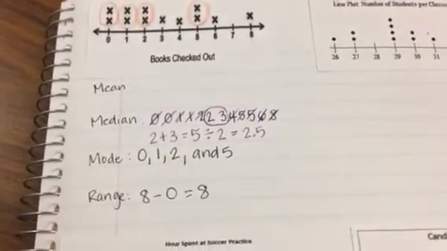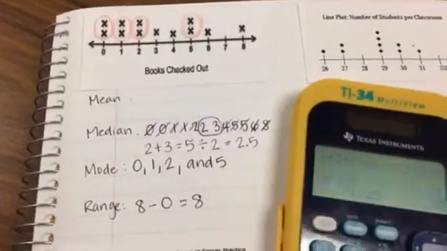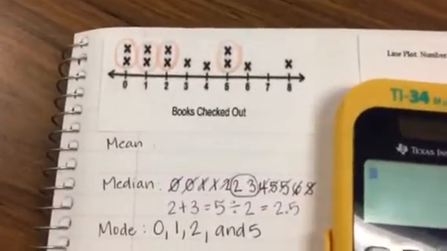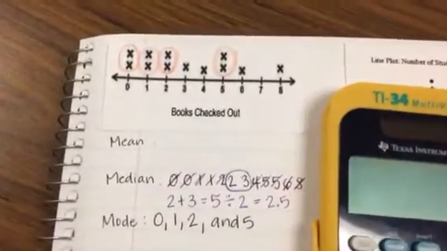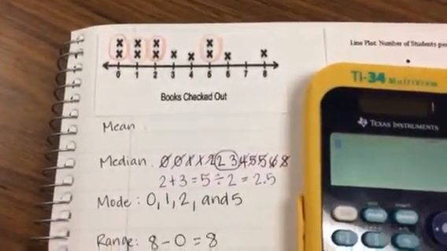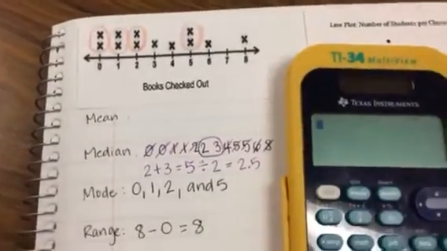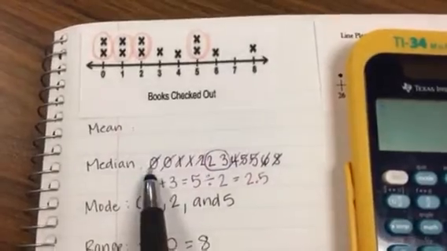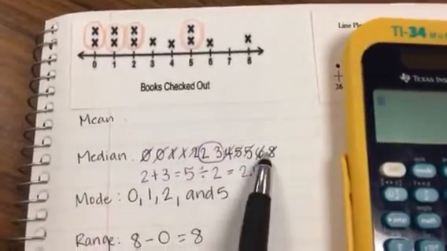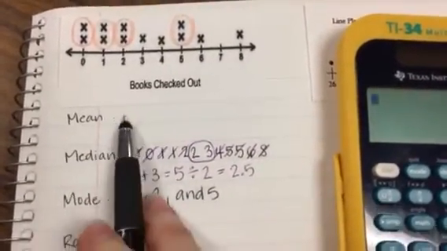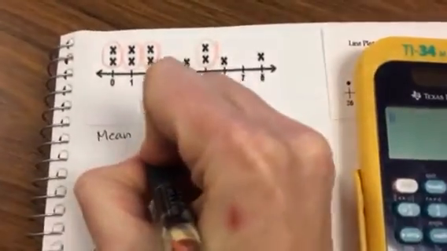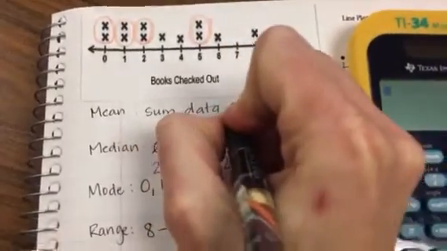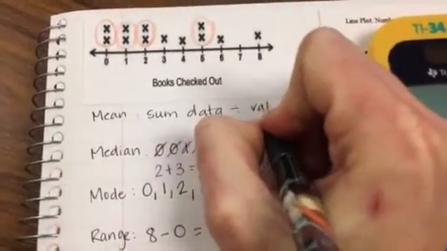The last one is the mean. So for this one, you can use a calculator. There could be an off chance where you would have to solve a question without a calculator, but you can still do that. It's just basic addition and division, so we can all do that. But for this purpose, we do allow you to use a calculator. So what we're going to do is take all of our data values that we've already written out for our median, and add them together to get their sum. So we're looking for a sum of the data, and then we're going to divide it by the number of